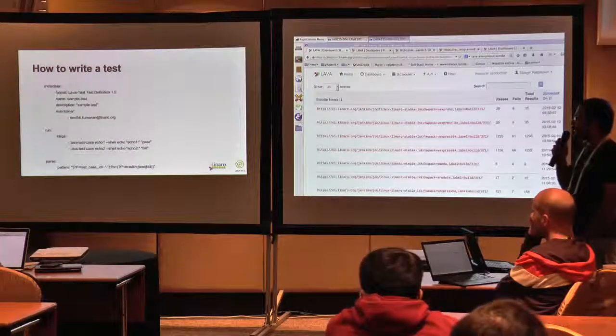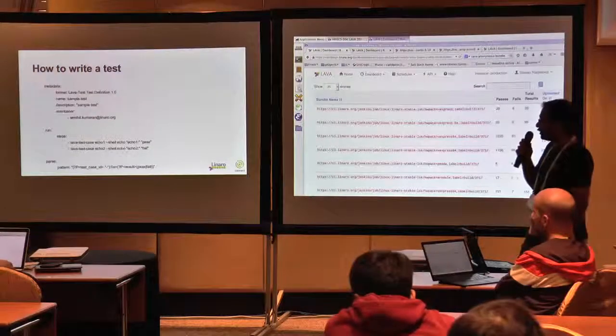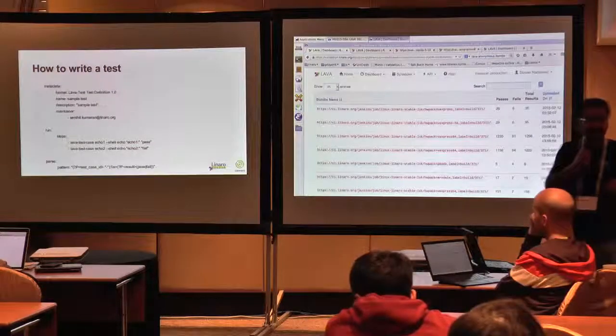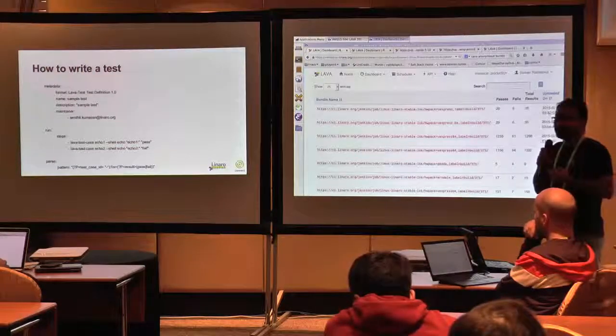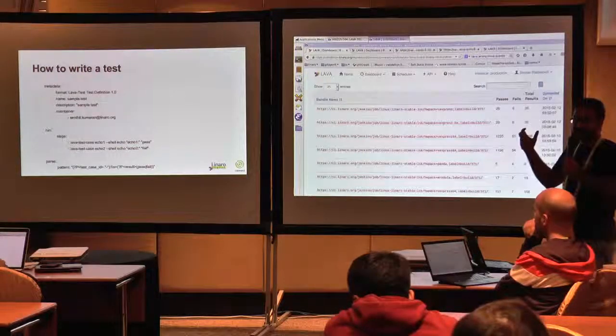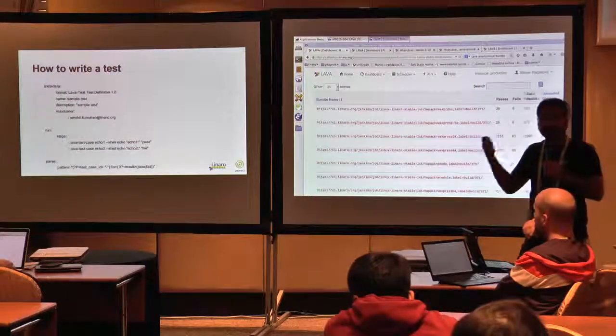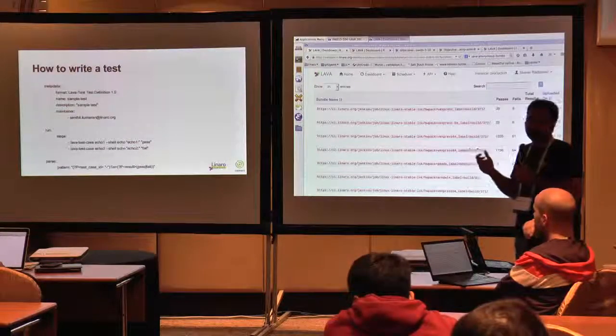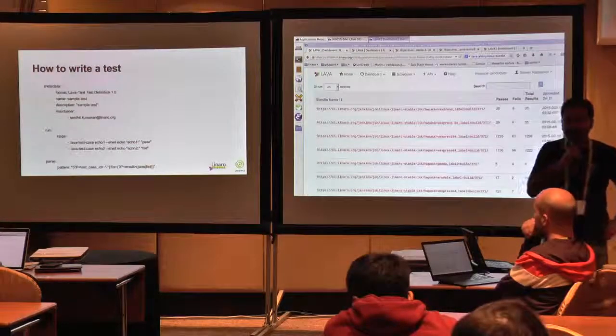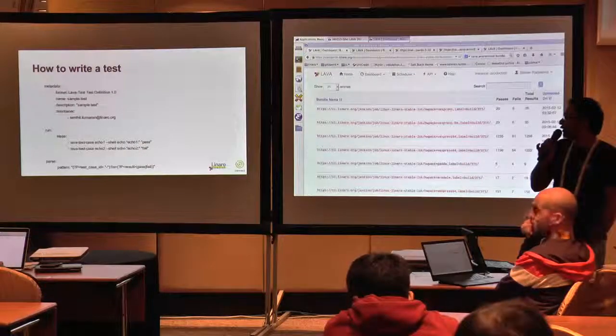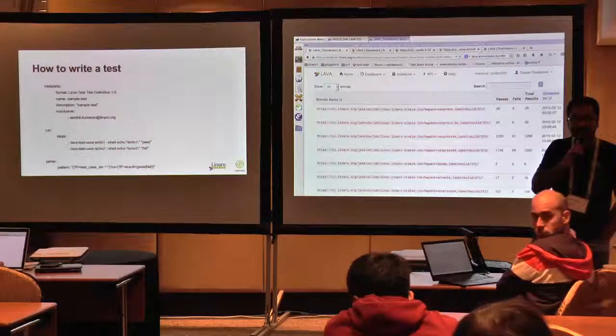The metadata section has different things like format, name, description, and maintainer. You can also have things like what OS this definition will run on, and what devices this test definition will run on. Those are mandatory. Well, for me, I wouldn't accept the patch without those. Okay.